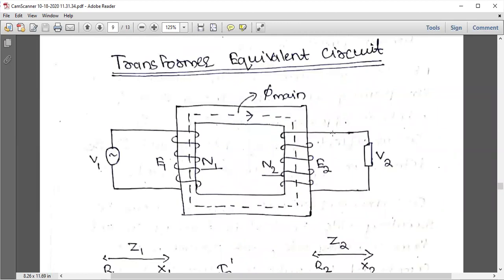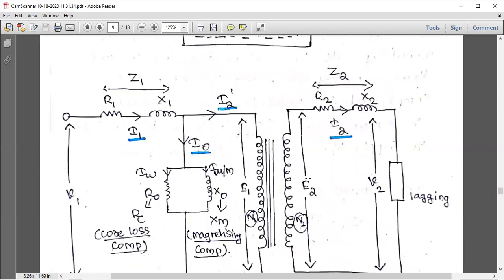So this diagram is familiar to you. V1, E1 is there, N2, E2 is there, then the flux is there. So phi 1, phi 2, all the story is finished. They're getting cancelled. So you just need to understand it and write in the exam. Okay. So this is the transformer equivalent circuit.